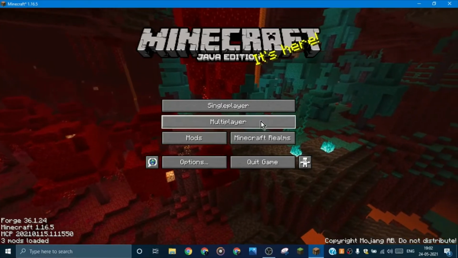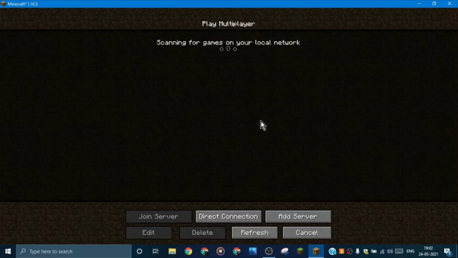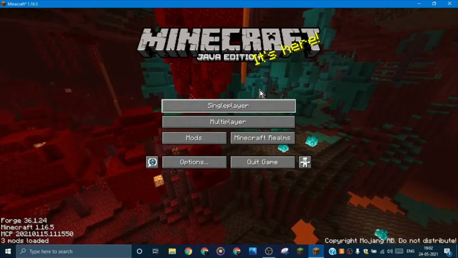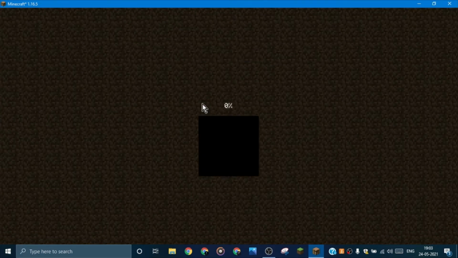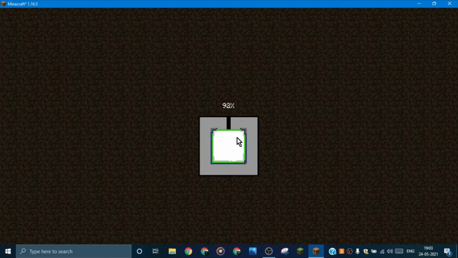Okay, so now Minecraft has finally loaded and let's see how it looks. I'll just go with single player for now. New world. Let's see, it'll take some time. Just don't worry. Generating world data. And yes,